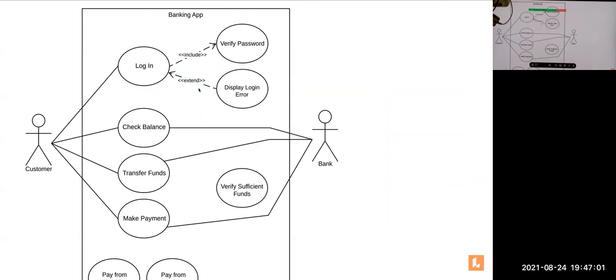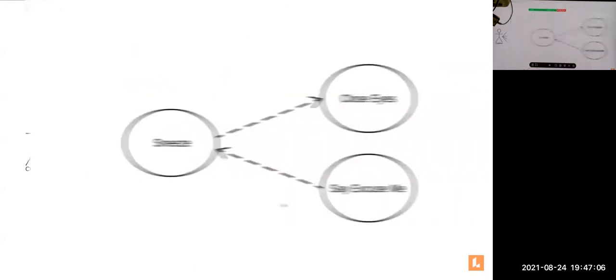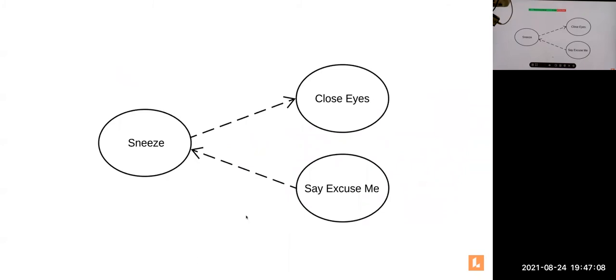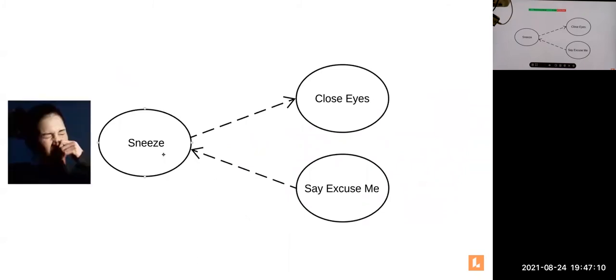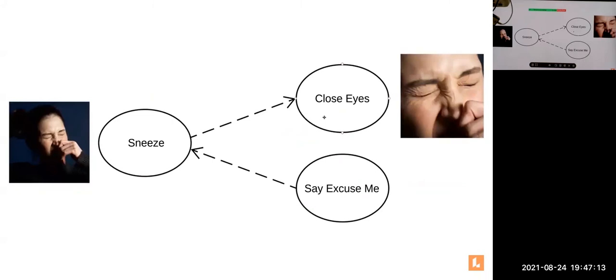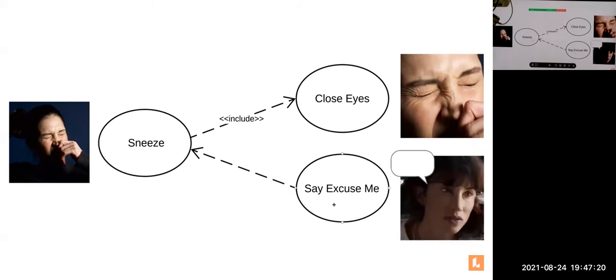Hopefully, this thoroughly explains the difference between include and extend relationships. But just in case, here's a very basic example to help differentiate between the two. If you sneeze, you will close your eyes. That's an included relationship because it's going to happen every time. Additionally, if you sneeze, you might say excuse me. That's an extended relationship because it supplements the sneeze, but isn't completely necessary in the sneezing process. Just remember that include happens every time, extend happens just sometimes, and don't forget that the arrows point in opposite